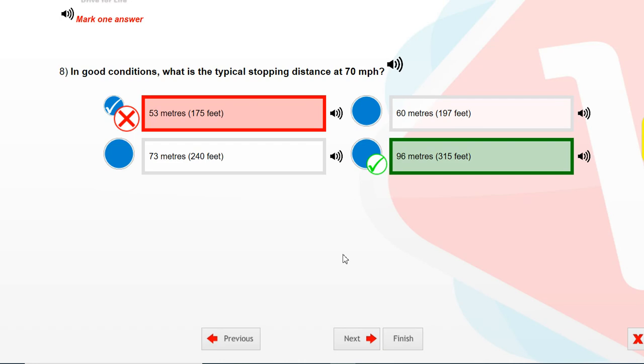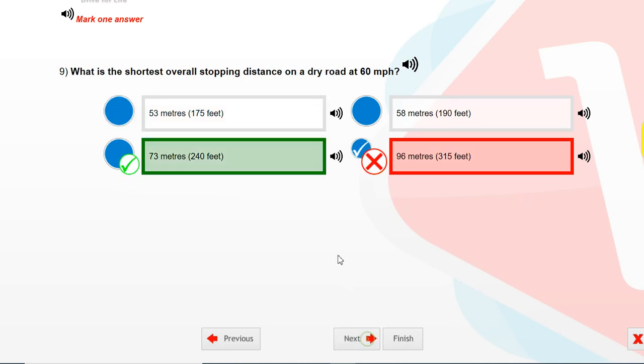What is the shortest overall stopping distance on a dry road at 60 miles per hour? 73 meters, 240 feet.